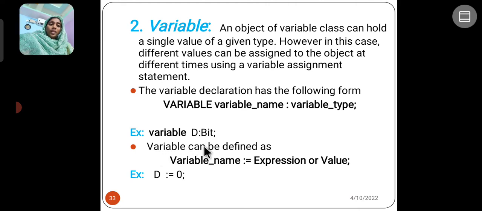The variable can be defined as variable. This is the variable assignment statement. Colon equal to is known as the variable assignment statement, and this is the expression. This is an example: D colon equal to 0. So here the variable D value is 0. Variables are only visible in a process statement. In the process declaration part we define the variable, and these variables are local to that